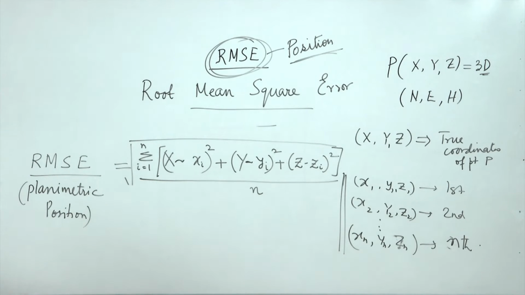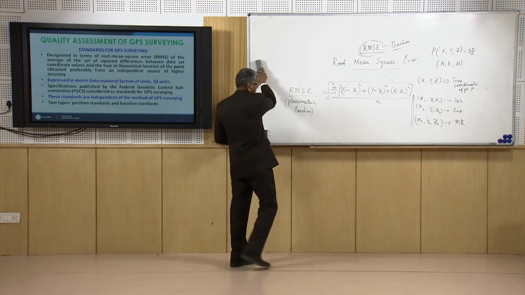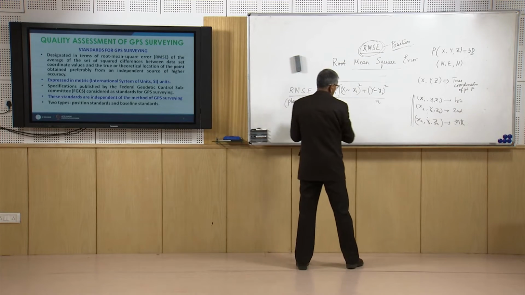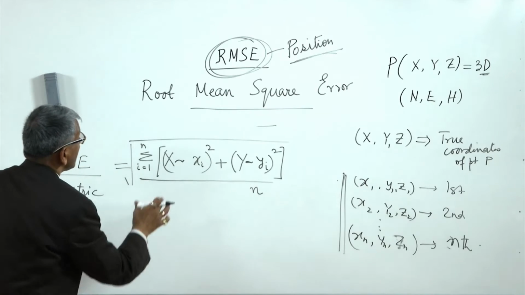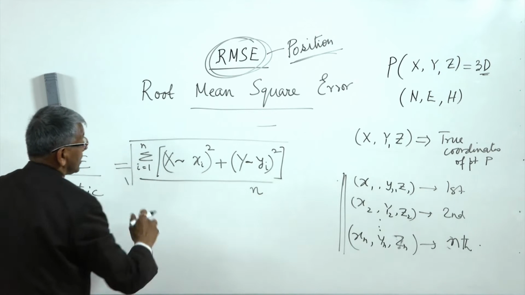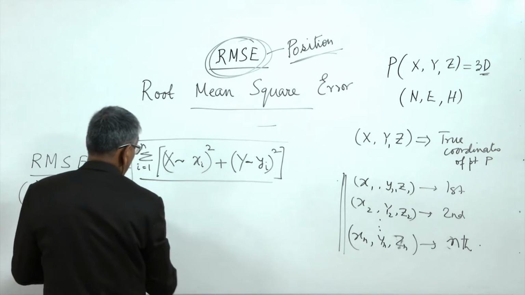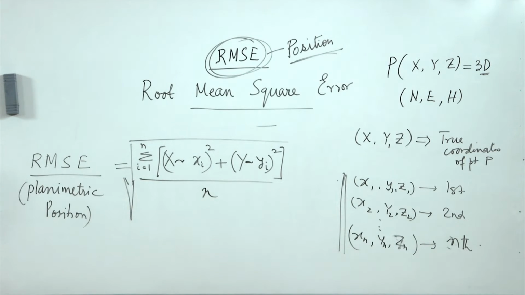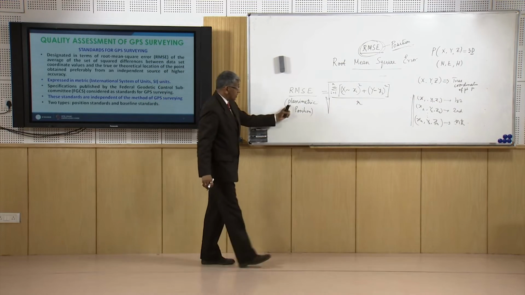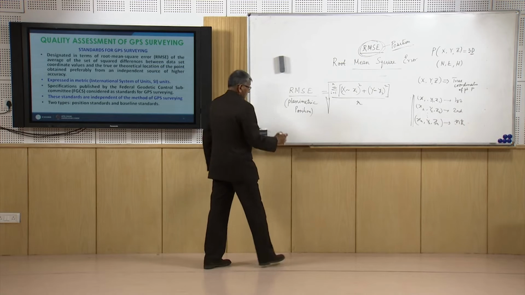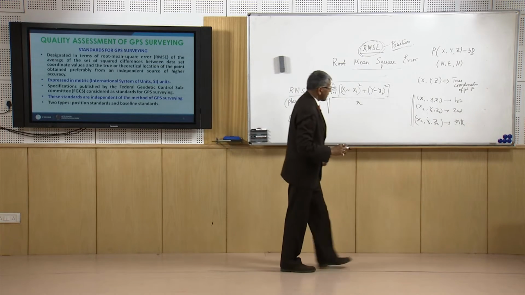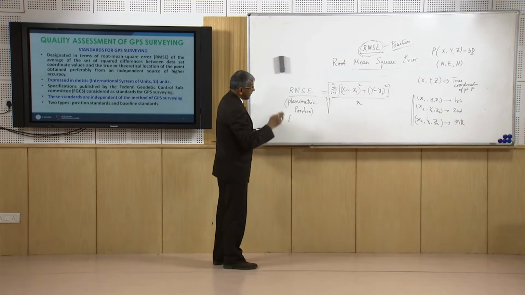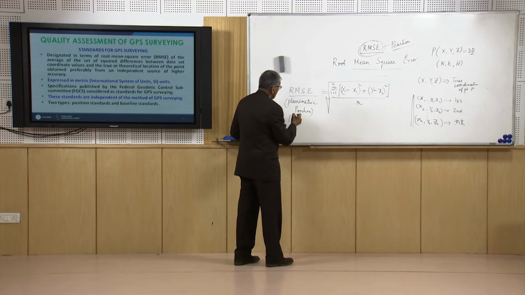So, in that case, as per the Cartesian coordinate, we simply take the summation of the x coordinate and y coordinate difference square and summation and divided by the number of observations, taking the square root. This will be the root mean square error in planimetric position of the point in Cartesian coordinates. Now, if we want to know what is the root mean square error of the point in planimetric position in local coordinate system,